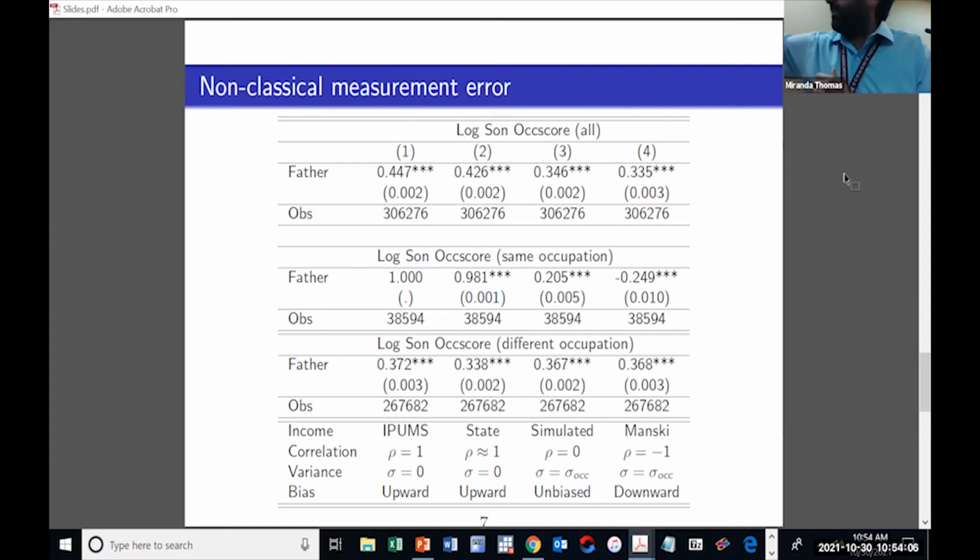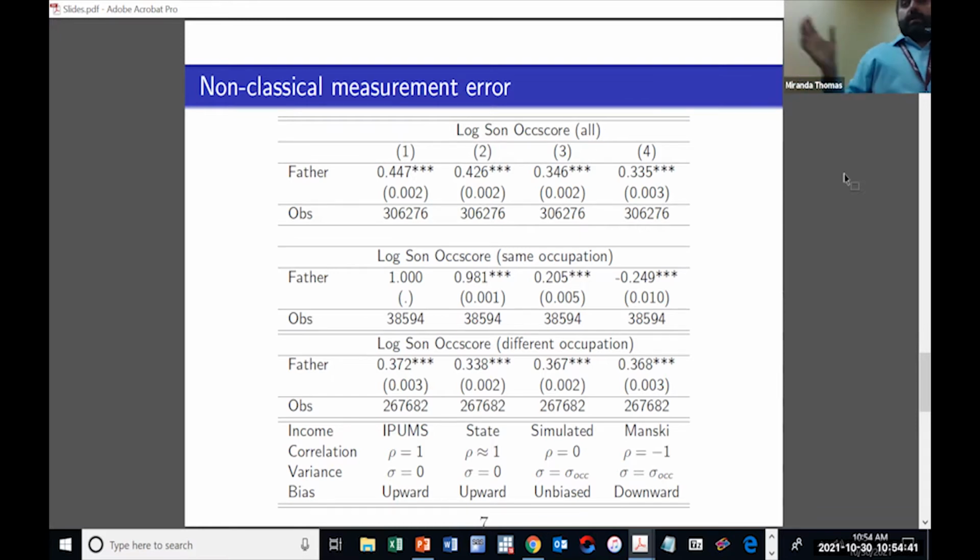Now, when you look at the last table, you can see that all the numbers are basically the same. So when you are looking at the correlation between father and son when they have different occupations, all of those are going to give you basically the same number. So taking the average, taking the median, taking a random draw, all are consistent estimates. So all the change is happening in the pairs of father and son that have the same occupation. Now, in this sample, only 13% of the sample has father and son with the same occupation. And only this 13% is already moving the estimate from 0.45 to 0.35.